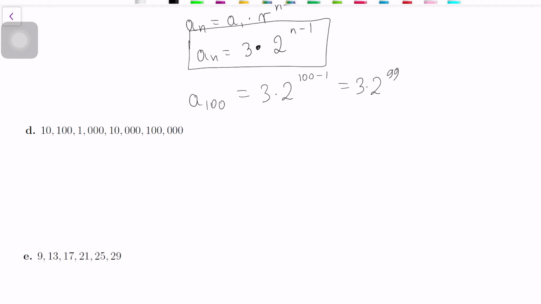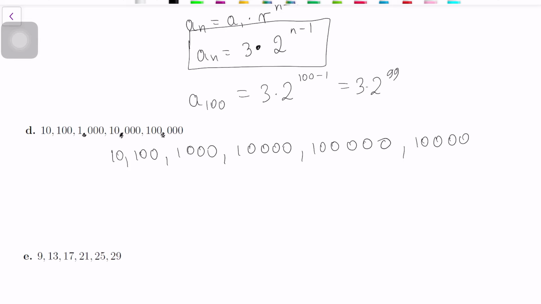And here, I think those commas are misleading, because the terms here are, let's just forget about those commas. So the first term is 10. The next term is 100. Then is 1,000. Then is 10,000. Then is 100,000. So I can see that I keep multiplying by 10,